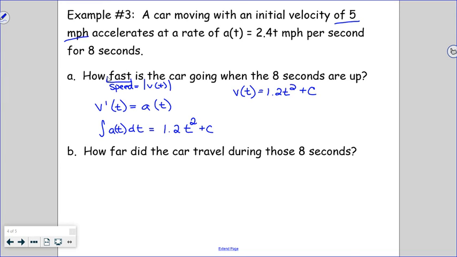they give us an, I should underline this word, that's key, initial velocity. Initial velocity indicates what? Time equals 0. So at time equals 0, our velocity function equals 5. With initial conditions, I can go find our c value. So 5 equals 1.2, okay,